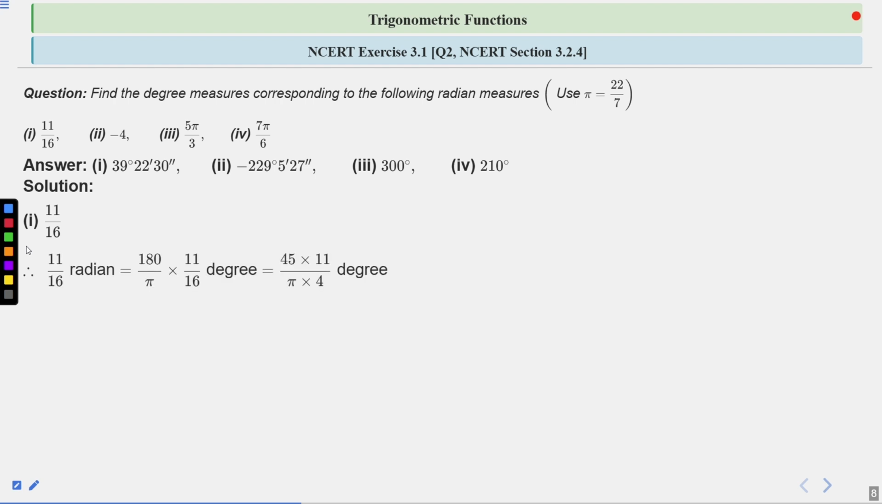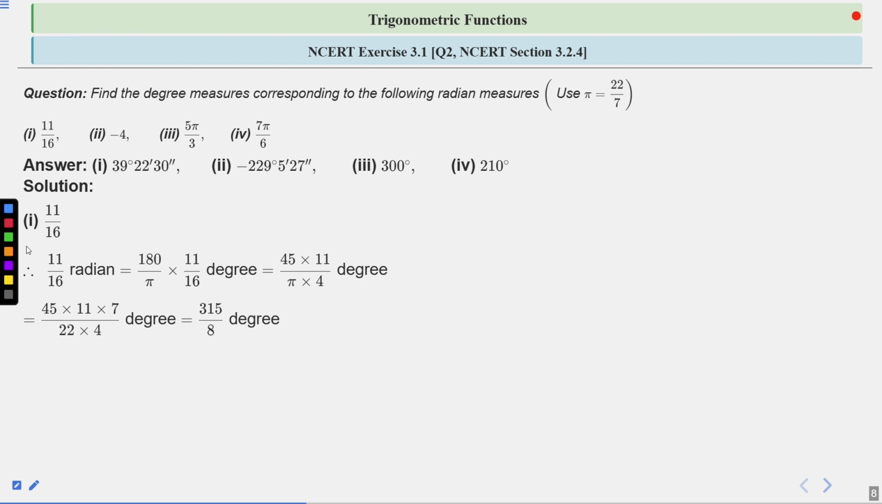Now we know that 11 upon 6 radian is equal to 180 upon pi into 11 upon 6 degree, which is equal to 45 into 11 upon pi into 4 degree, right? Clear? So after solving this, by putting the value of pi as 22 by 7, we will find 45 into 11 into 7 upon 22 into 4 degree, which is equal to 315 upon 8 degree,